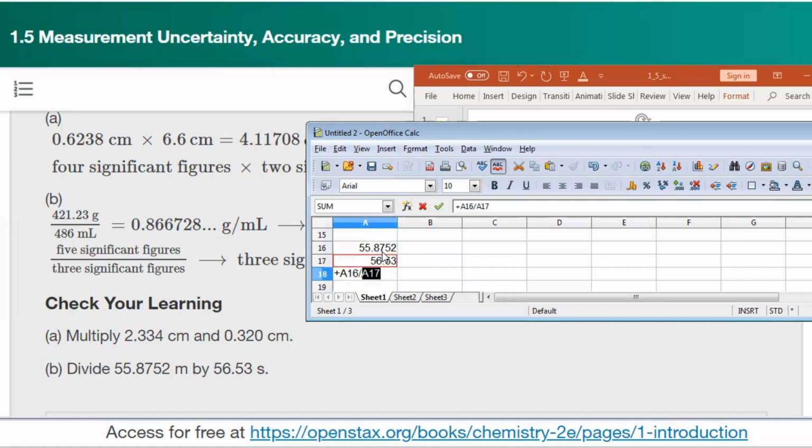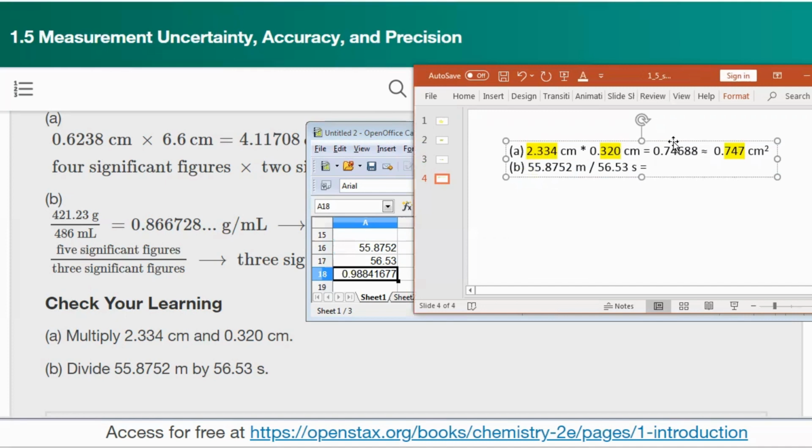That divided by that. I got 0.9884167 and some more numbers, and that's meters per second, and it is approximately,